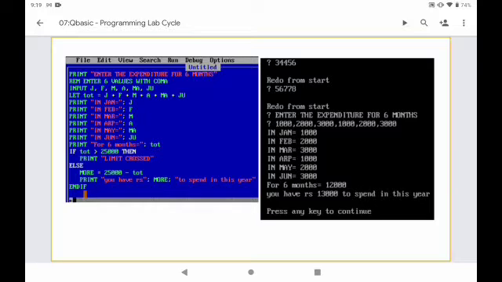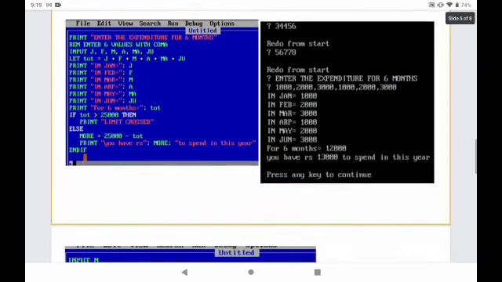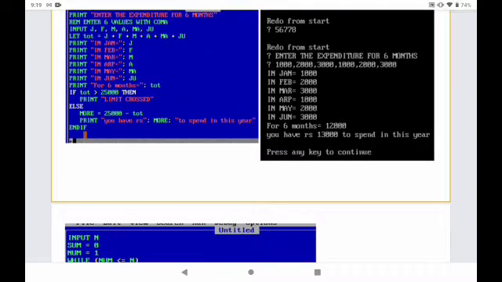Then I have entered the values like January's expenditure, then comma, February's expenditure, then comma, and so on, all 6 months I have entered, and after that all the values are displayed as expenditure. Then for 6 months whatever the sum is, it will be printed in that area. Then it is checked whether it is crossing the limit of 25,000.